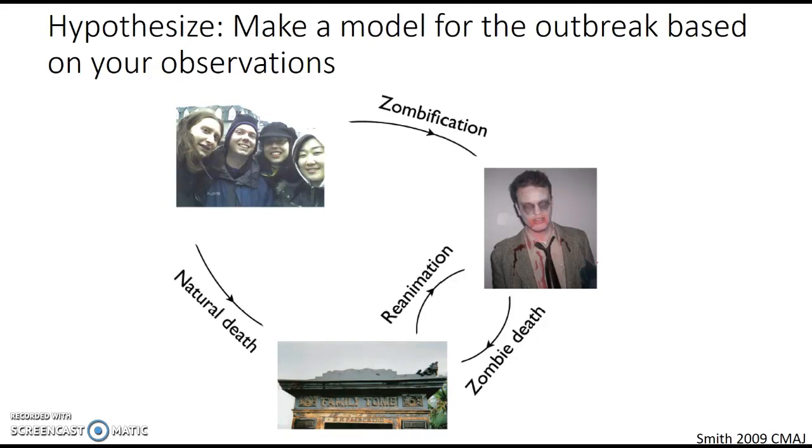This is an example of a published model to explain zombification and how the pools of individuals shift between the happy, living, normal humans that go through a process of zombification or through natural death, and then how the potential for reanimation of dead zombies might also cycle dead individuals and zombie individuals. So this is just an example. There might be other schemes depending on the mode of zombification overall.